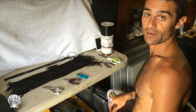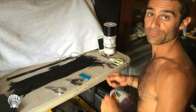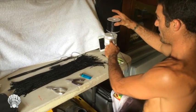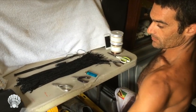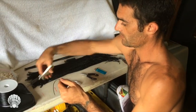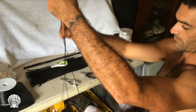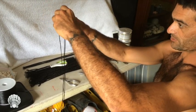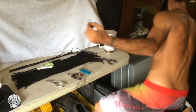I'm going to show you right here quickly how to make a nylon cord, and it's going to end up being a 3-braid type of a cord. So we have black, white, and brown. I'm going to do the black one. So what I do is I'm going to get a nice length of cord. I'm going to cut it. I'm going to put it right here into three even lengths. And as I get those 3 even lengths over here,